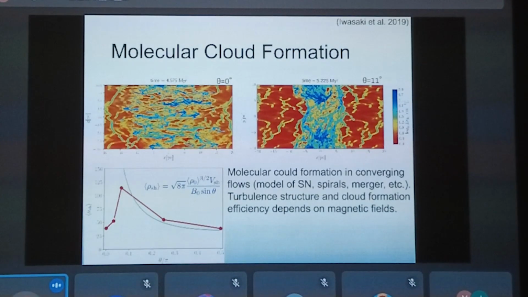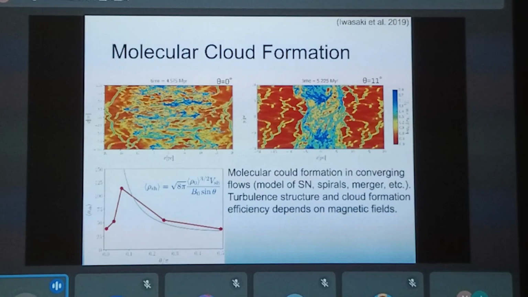If the magnetic field lines are parallel to the converging flow direction, it doesn't compress very well. But at some point, there's a critical angle, about 10 degrees or so, where we get maximum efficiency.